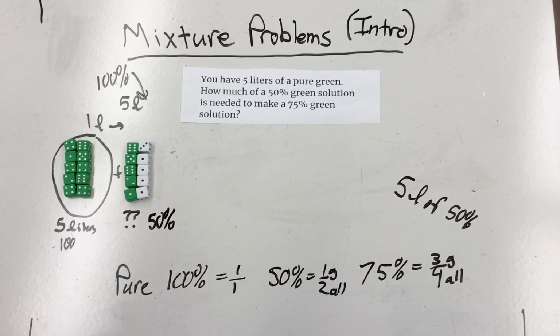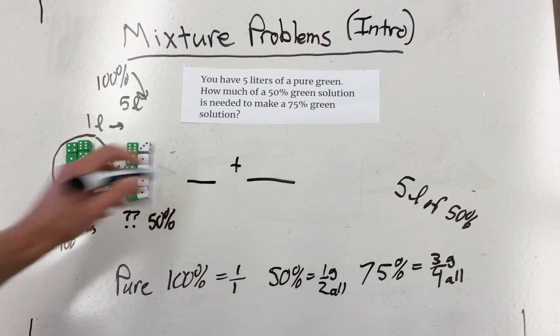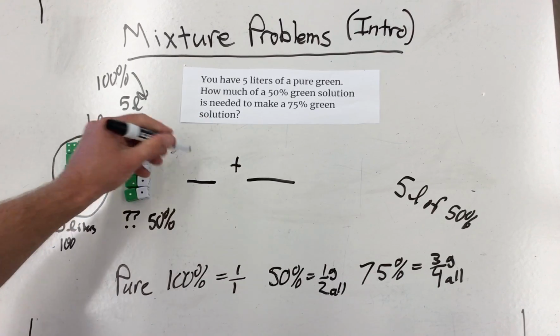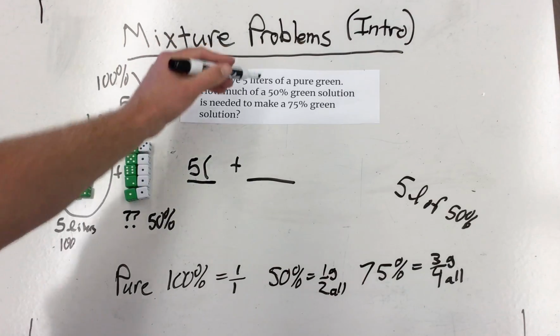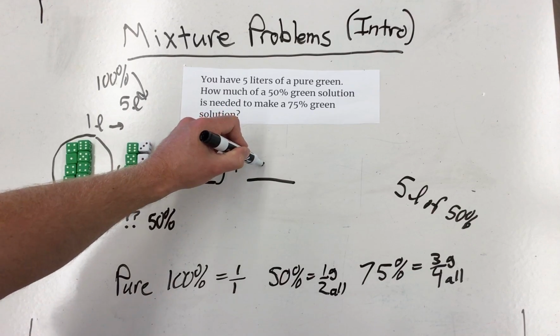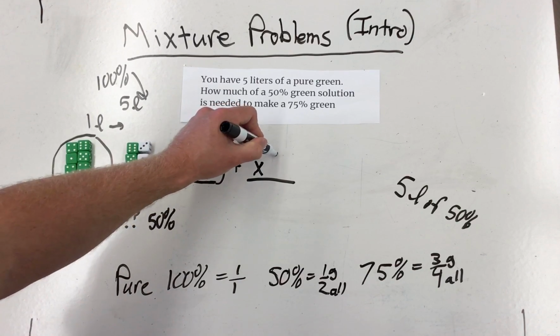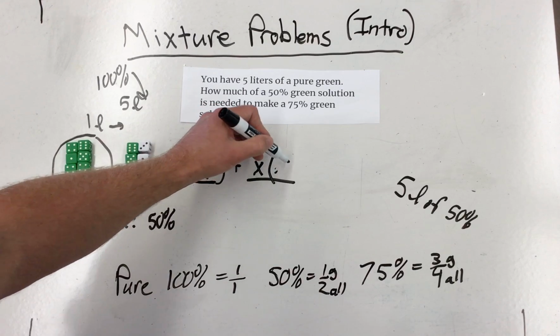And so the way we're going to set up the structure for these is we have to add up several things. So we're going to put some placeholders here. We have the quantity times the percentage. So pure, meaning 100%, is just 1. An unknown, which we didn't know how many it was going to be, but we did know it was going to be 50%, which is 0.5,